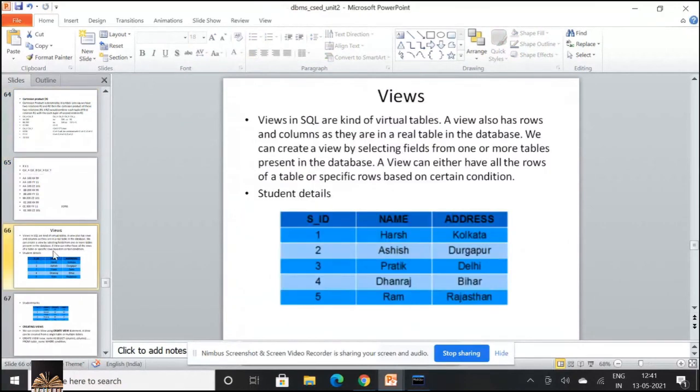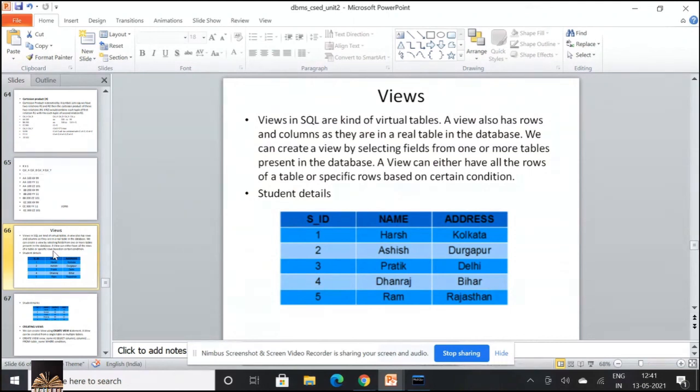And then you have the concept of views. A view is nothing but a virtual table. Joins I will cover in the next session. A view is a kind of virtual table which is also made up of rows and columns, similar to a real table.